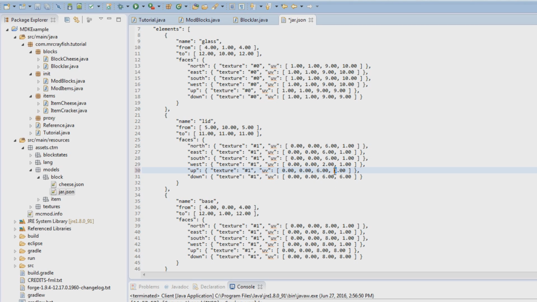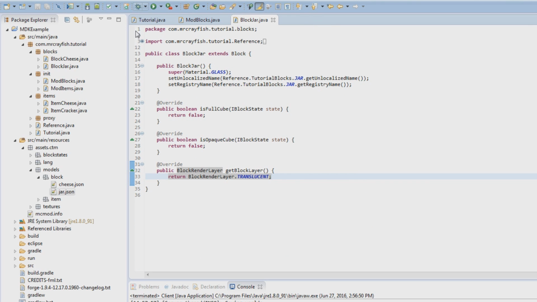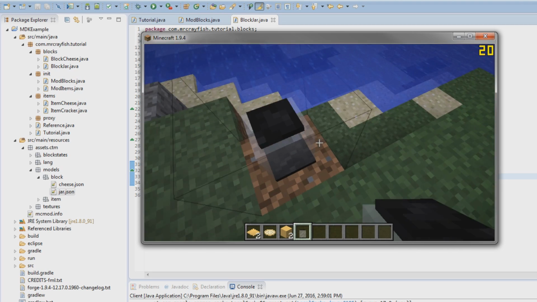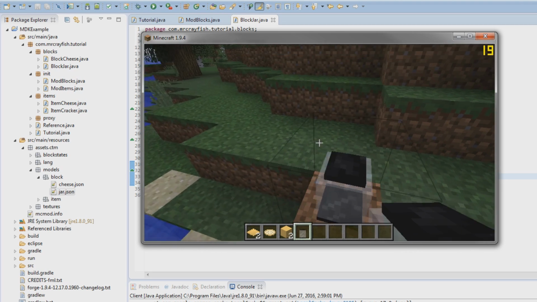But it seems like all we have to do to fix that up is pretty much get rid of that, and then change this one here, because the down here should be the same as the up as well. So we're going to put that UV to 6 and 6 there. I'm not sure why that changed, but once you've done that, we save that and run the game again. And look at that, it seems to have fixed the problem now,